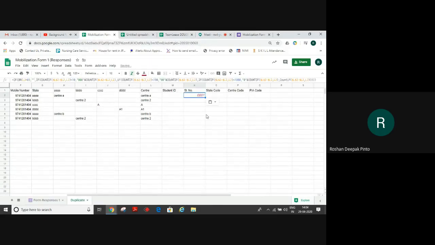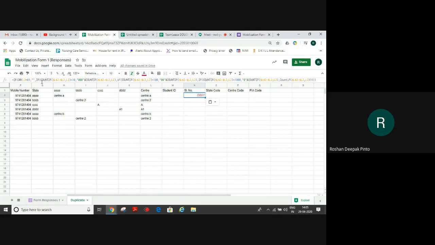So this is the formula here. It starts with IF, bracket open, OR, again bracket open. We are taking it from L2, because there we have the center, and we have multiple centers. As the center repeats, it will count 1, 2, 3, 4. If it is a unique center, the number will be 0001. If center A comes again, then it will count 0002. It will take the same center up to 9999 times.